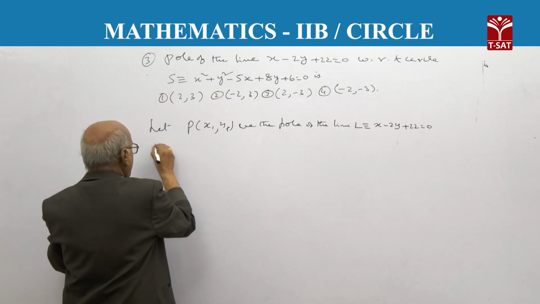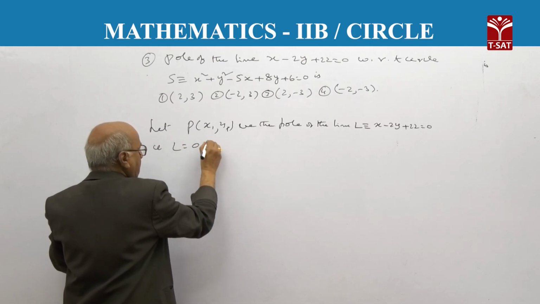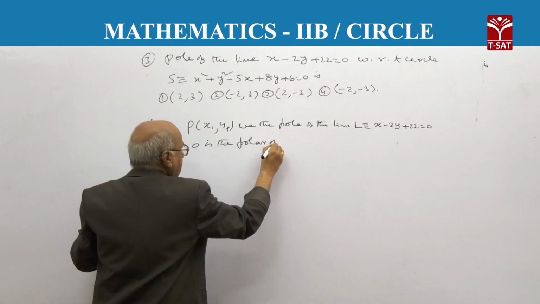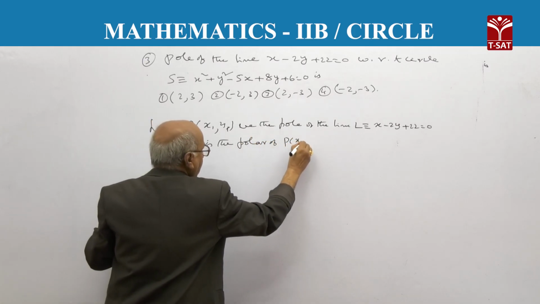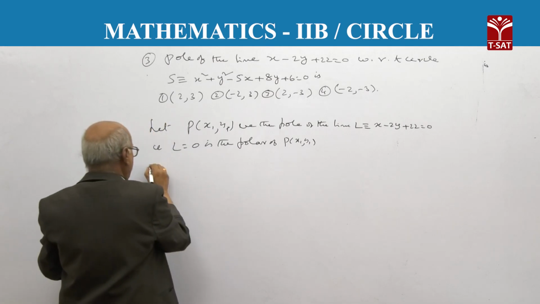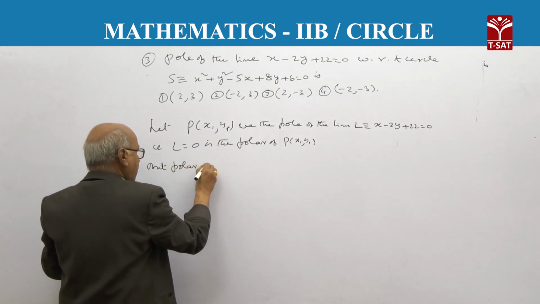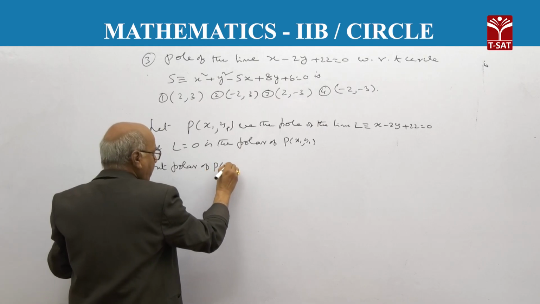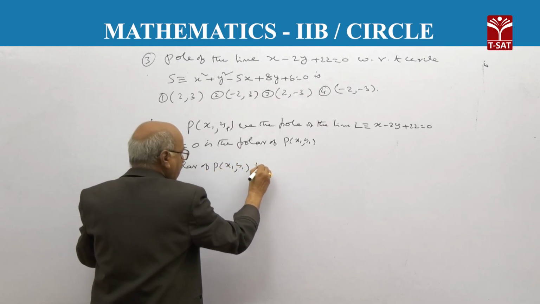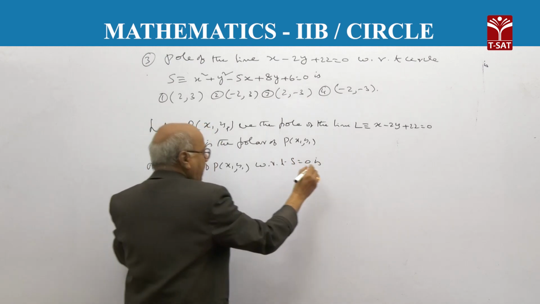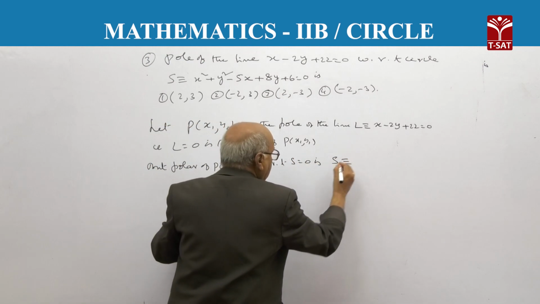That is, L equal to 0 is the polar of P(x1, y1). But the polar of P(x1, y1) with respect to the circle S equal to 0 is S1 equal to